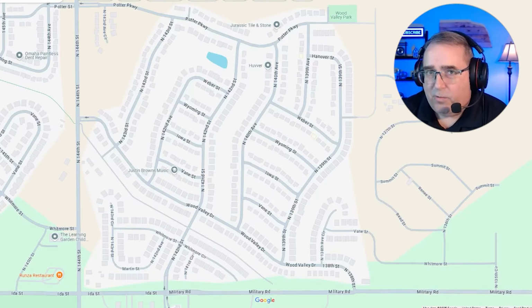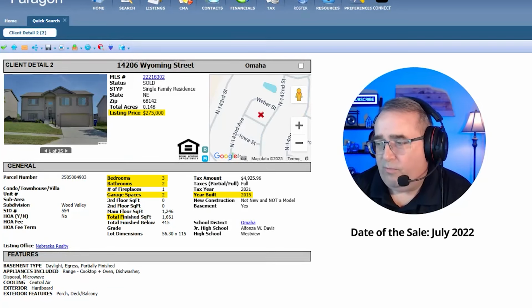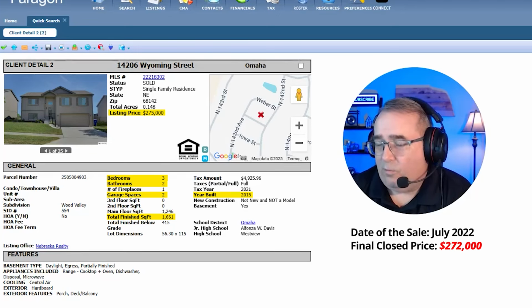$246,700. In 2022, 14206 Wyoming Street was listed for sale in July of 2022 for $275,000. This was a 3-bedroom, 2-bath, 2-car garage with 1,661 finished square feet. It sold 7 days later for